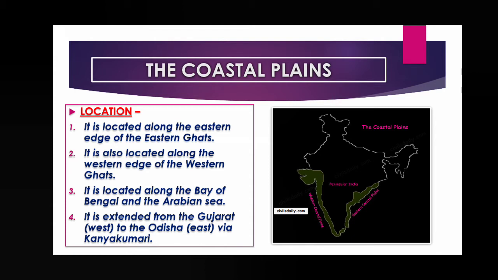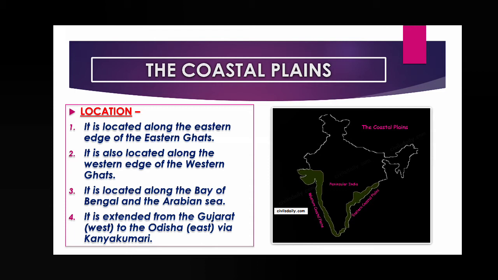The formation of the coastal plain is controlled by two factors: one is the river, and the other is the ocean or sea wave. The river helps in deposition and erosion, and sea waves also help in deposition and erosion activity in the coastal plain area. That means coastal plains are mainly formed by two agents, the river and the sea wave. That's why it is different from the northern plain, whereas the northern plain was formed by the depositional activity of three river systems, the Ganga, Indus and Brahmaputra. So that is the difference.